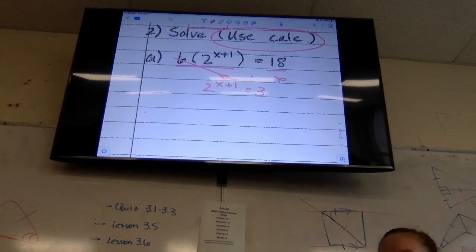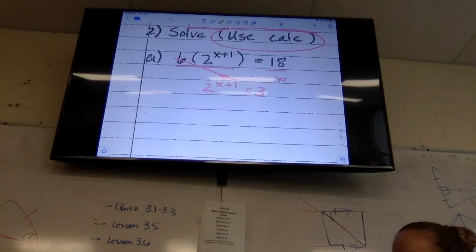Another hint that I need a calculator is that it says 2 raised to x plus 1 equals 3. I don't know what 2 raised to some power is going to be 3. There's no way I can figure that out. I cannot manipulate 3 to be 2 to some power. That's just a disaster. I want to log roll this, but when I do my cute little loop form,